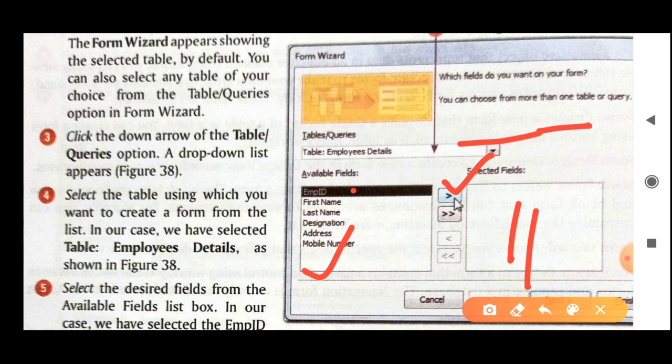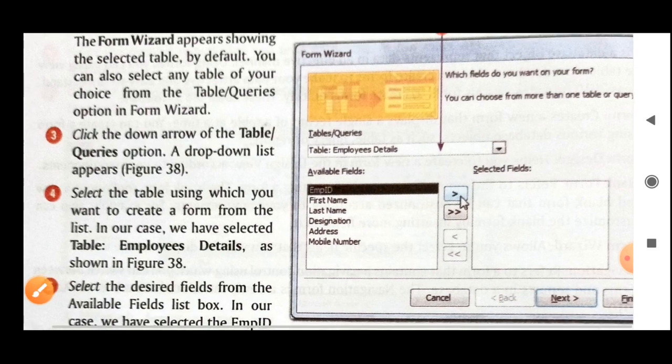Or if you want the entire attributes in the form, just click on the double sign. This is the way through which you can add the attributes. This is the available fields column, and this is the selected fields column. It will show the fields that you have selected for the form.